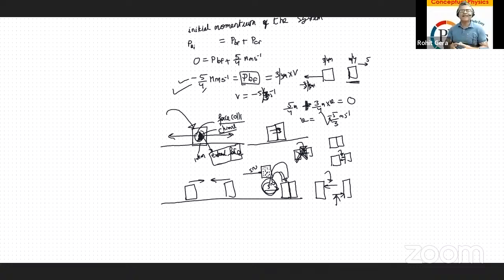And then what you did was you solved a question in which you realize that it is an explosion, but it is internal in nature. It is very similar to two blocks striking each other. When they collide, they have action and reaction between them, but it is not to be taken as an external